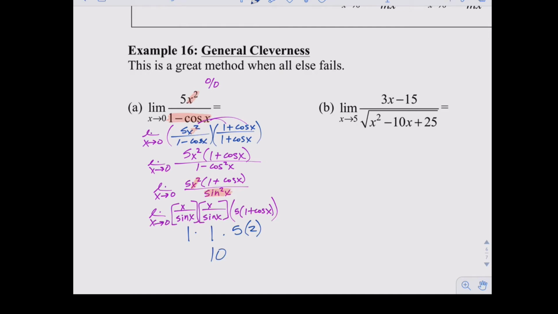Once you see that it's an option, it just becomes another tool in your toolbag, whether you're